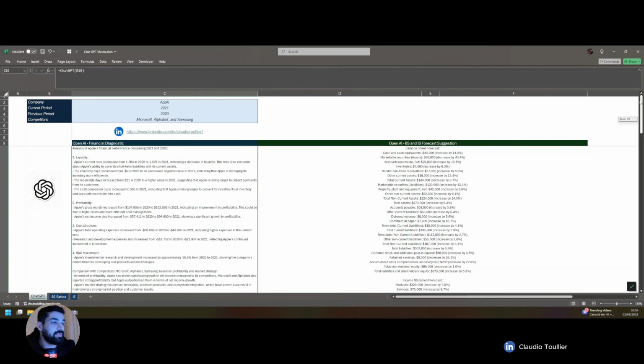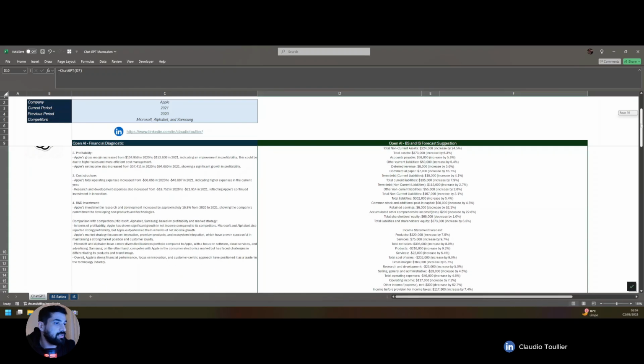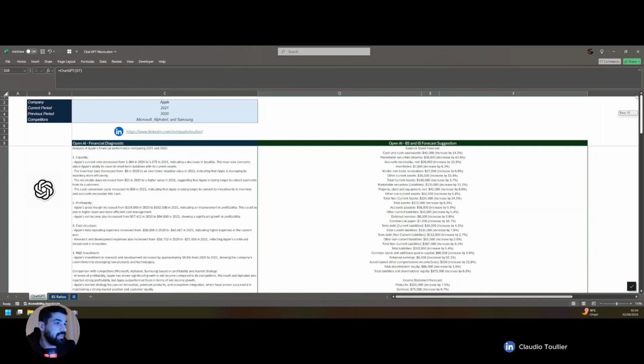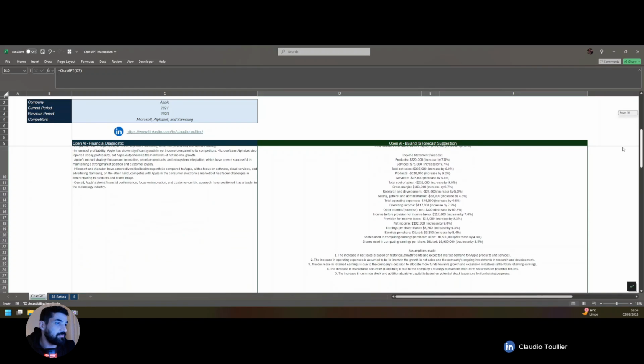I also wanted to create a forecast based on our historical information. So as you can see here, we have the balance sheet forecast, account by account, with the main variation, the percentage of the variation between years. In this case, we will have also income statement forecast. And I wanted